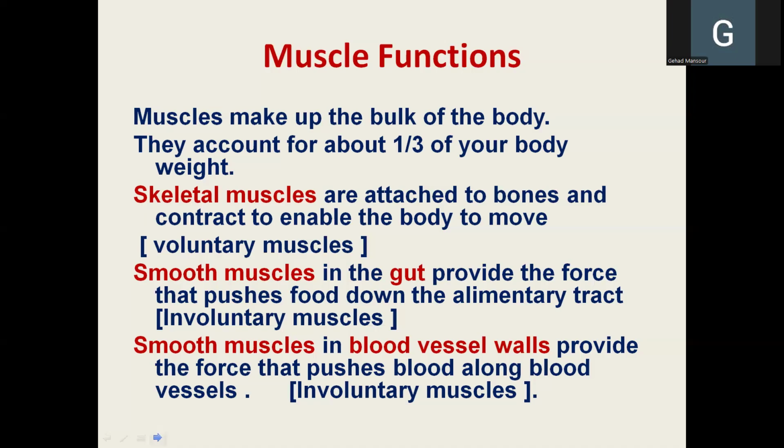And therefore, if you want to talk about the location of the smooth muscles, it's not only one location, but different locations in the body. But in order to remember them, you have to remind yourself that all the locations where the smooth muscles are present are sites where you cannot control the muscle. For example, in the alimentary tract, in the urinary system, in the blood vessel wall, in the iris of the eye. And therefore, when you are to describe the functions of the smooth muscles, you have to differentiate between the